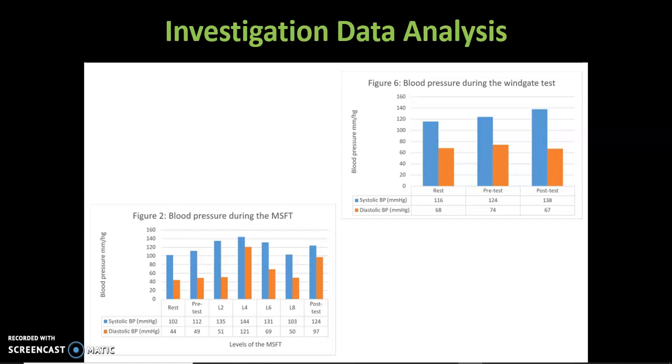And similar to the multi-stage fitness test, as we increased the levels of exercise, we can see that our systolic values increased until level 4, and then we saw a slight decrease in our systolic blood pressure levels, whereas the diastolic blood pressure levels did increase until the same level 4 at 121, and then decreased after that. This is showing that because the intensity increased, our blood pressure increased, but only until a certain